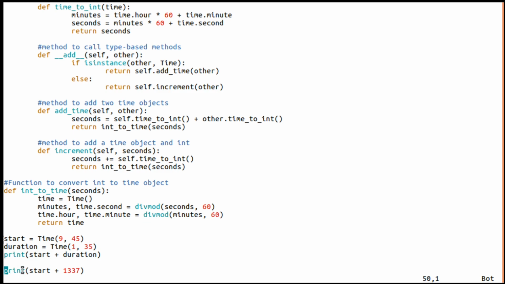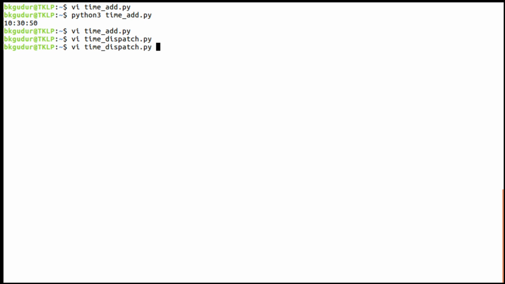And here is one more version of this: instead of adding a time object, I am adding a number of seconds, here 1337 seconds. This is a time object, whereas this is not a time object, it is a normal integer. Let me execute this using the Python 3 interpreter.